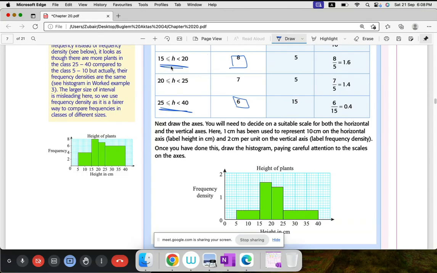If I just do not draw bars and just label them A and B, and I say this is A and this is B, any doubt which one is more? No, A is more. Now, in these two, one could have doubt. So the frequency density blocks that doubt. But the class width, it's still just